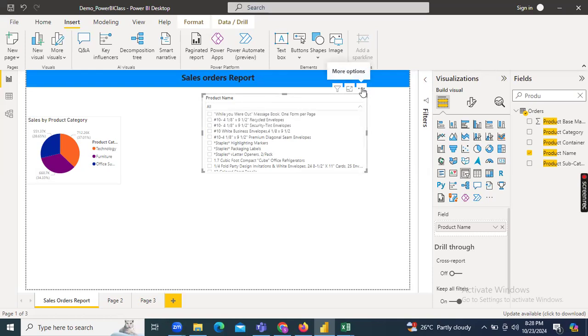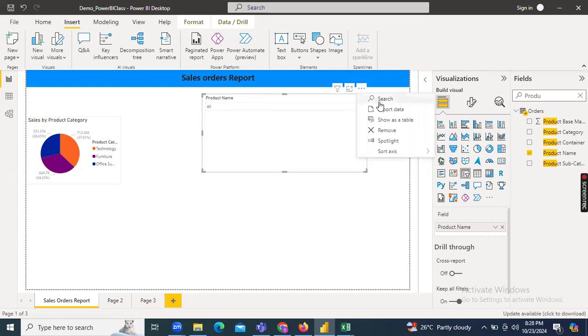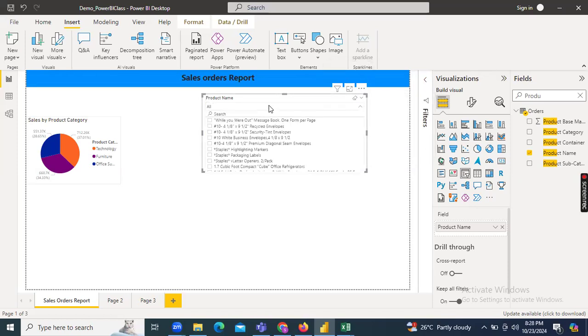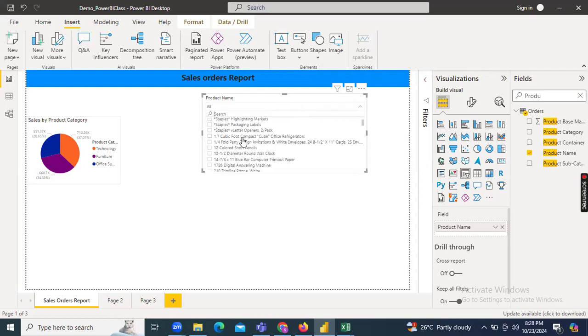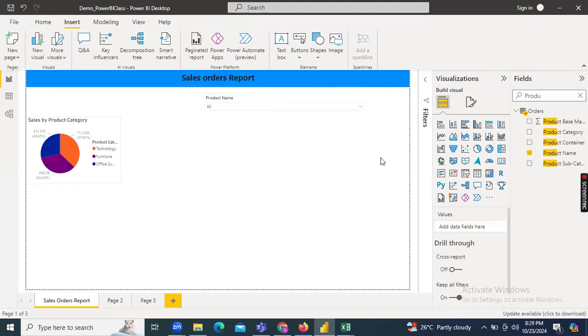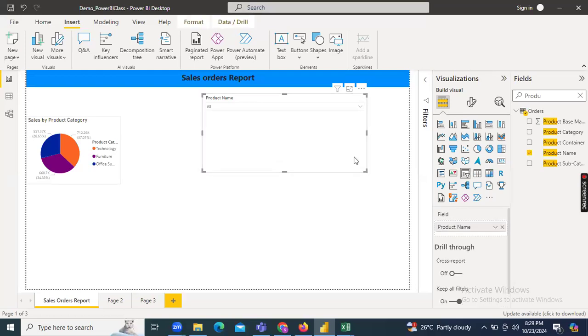Now you want to give a search option also. How can you? You go to the three ellipses, there is an option called search. Click on the search option. Now once the user clicks on this product option, they can search for the product they want, or directly select a particular product. So that belongs to office supplies. This product belongs to only office supplies. This way, Power BI has great functionality, directly interacting with all the visual styles. Okay, so let me make it here, product name,